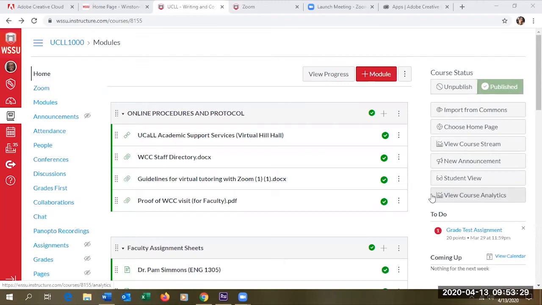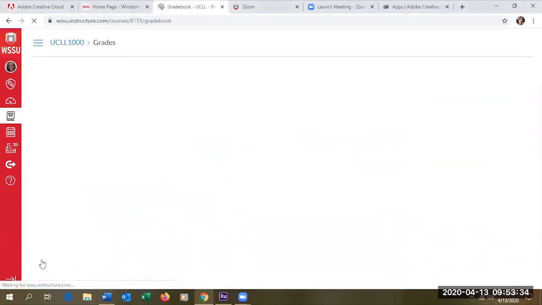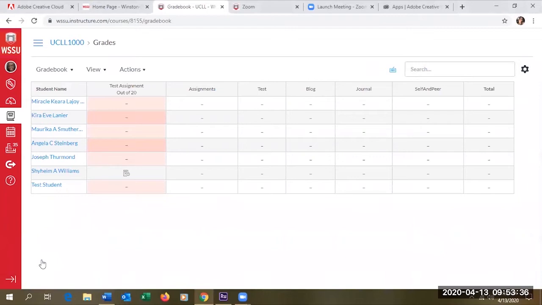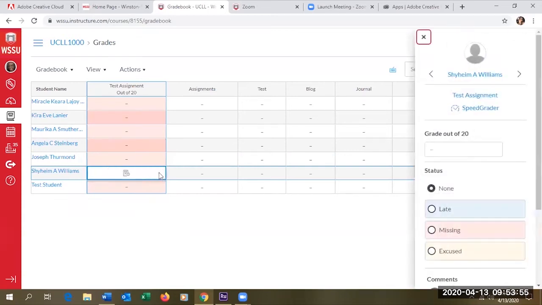From your course homepage, click on Grades. This will take you to your gradebook. This icon lets you know that an assignment has been submitted. You'll click this icon. A small arrow will appear. Click the arrow, and a window pops up on your right. Here you will find your Speedgrader link. You click the link,